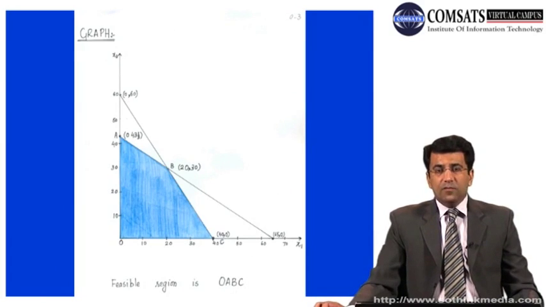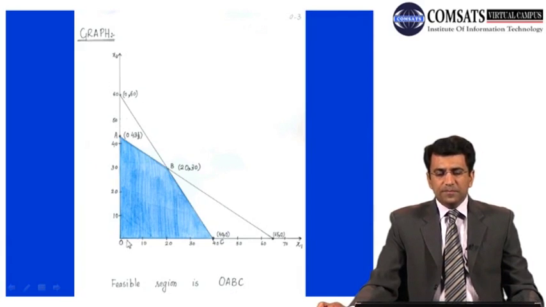Now class, again what we'll have to do, we'll have to take a graph, and according to your own convenience and according to the particular equations available, we can draw some particular scale for this graph on the x-axis as well as on the y-axis. In this particular example, the scale is 0, 10, 20, 30, 40. So this scale should be such that all the values of your constraints, which are now converted into the equations, fit into this area of graph. On the y-axis again we can take a scale of 0 to 10 to 20 to 30 and so on.